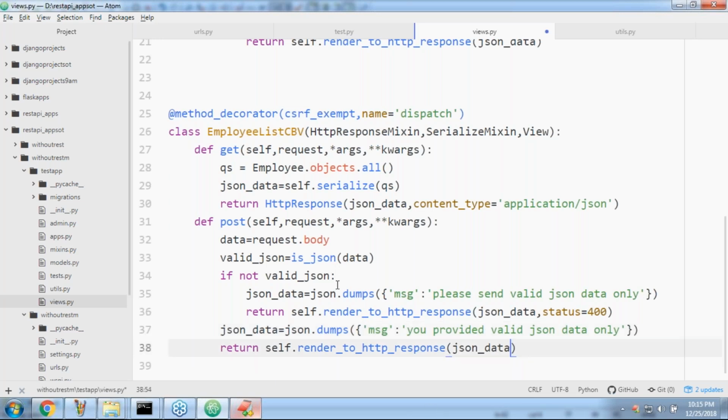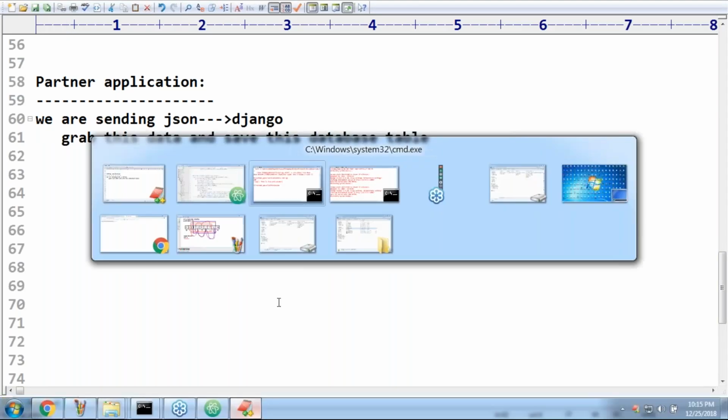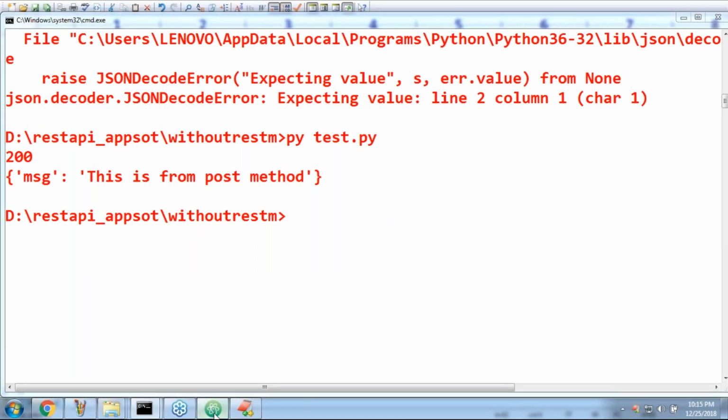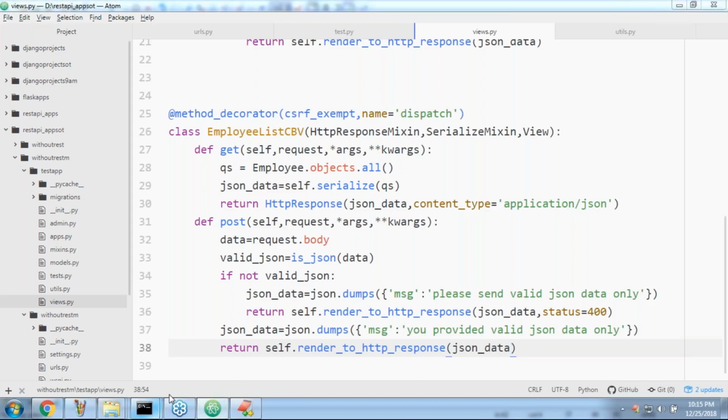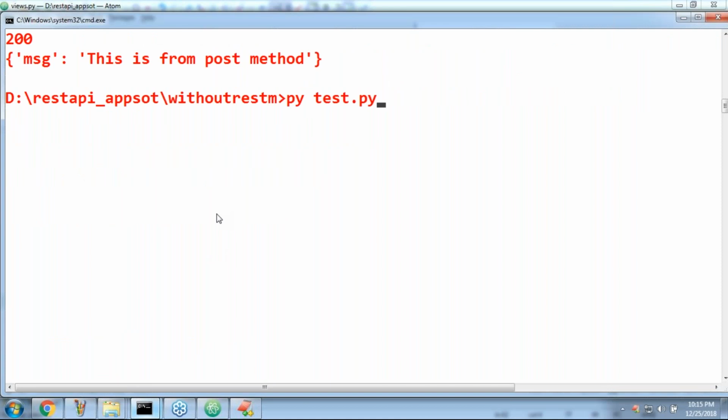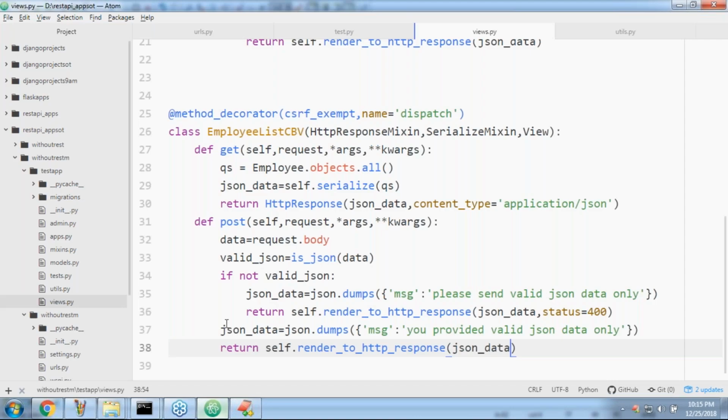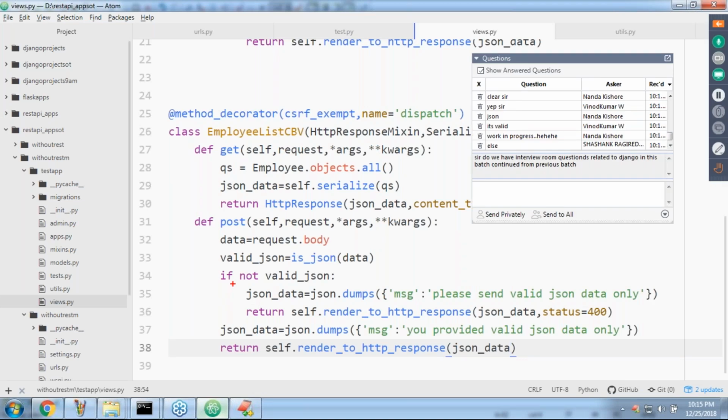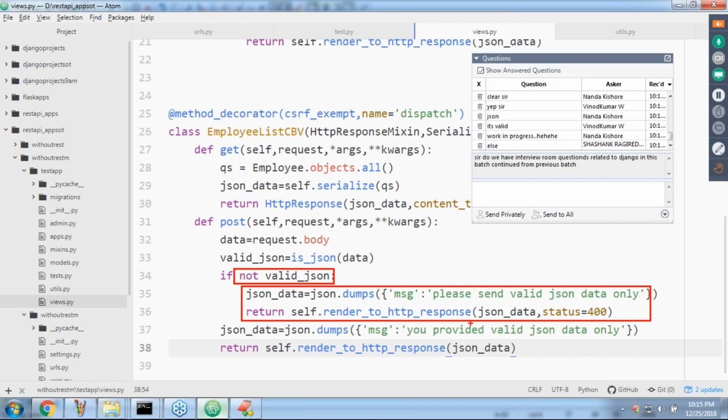So I'm checking whether this functionality is working or not, sir. Let me send the request from the partner application. Else is not required, because if this condition is satisfied, it is going to execute and return this one.